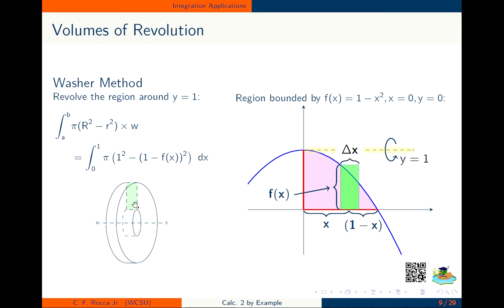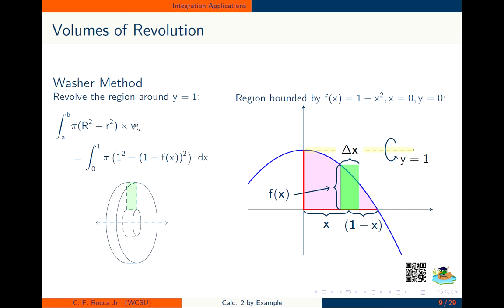So what that means is that when I revolve around the axis, I'm going to end up getting a hole in the middle. So to find the volume, I'm going to find the volume of the entire disk and subtract out the volume of the hole in the middle. That means that I get the equation pi times the quantity capital R squared minus little r squared. So that's the radius of the whole disk minus the radius of the hole in the disk,